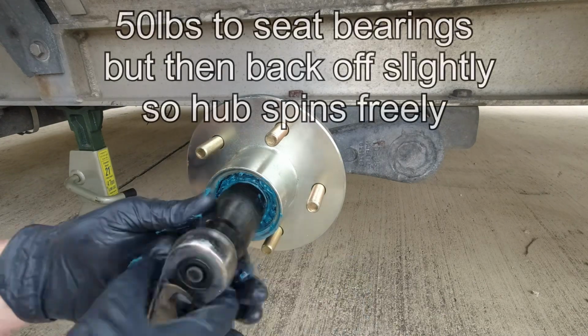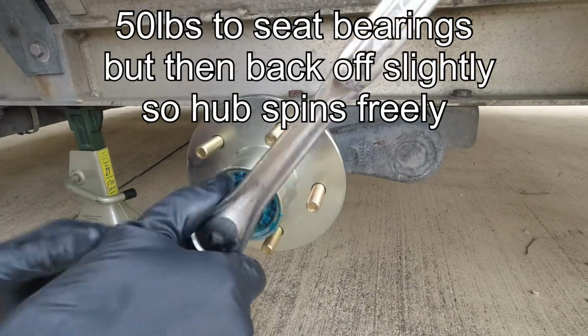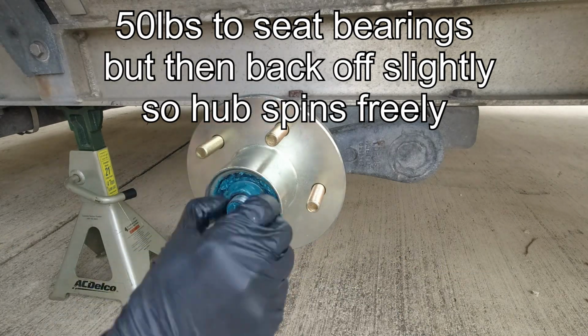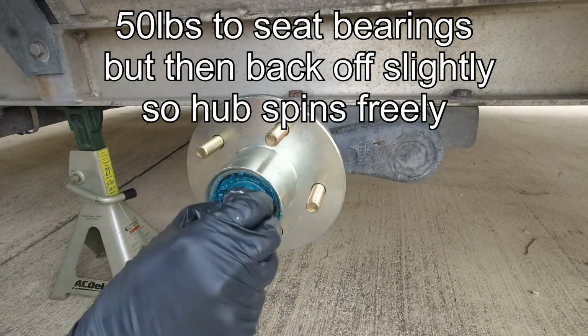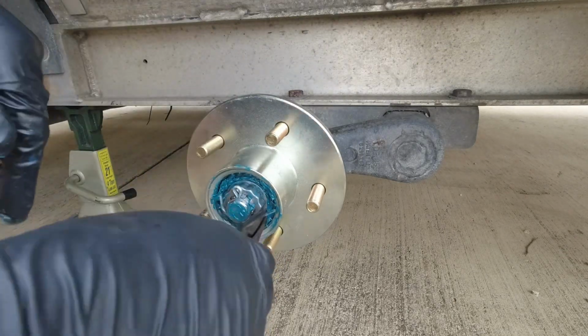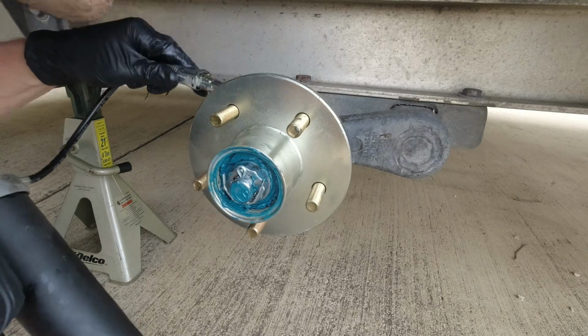Get that nut screwed on there, and then torque it down to 50 pounds per the instructions, and then just back it off just a hair. Slide the castle nut sleeve over the top, get your cotter pin in place. I like to add a little extra Lucas marine grease just to make sure that it's totally full, and then